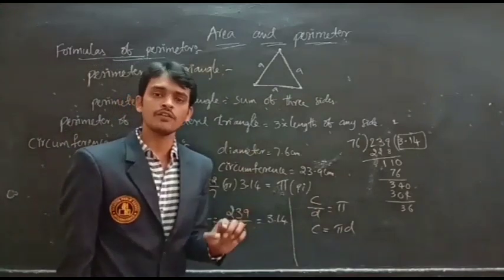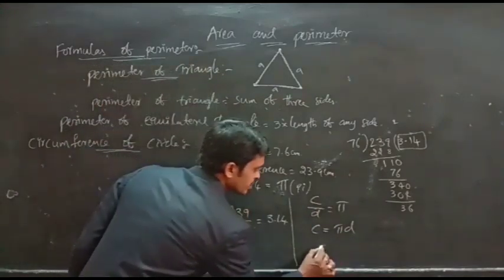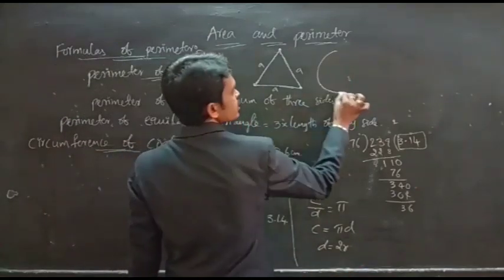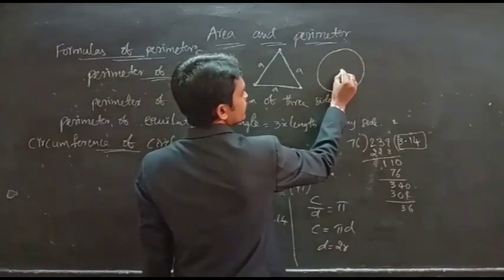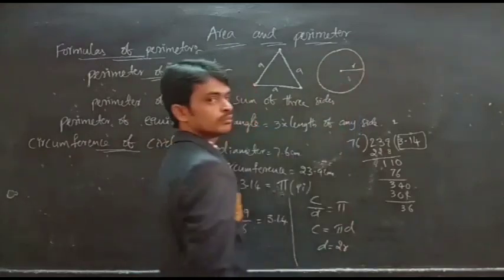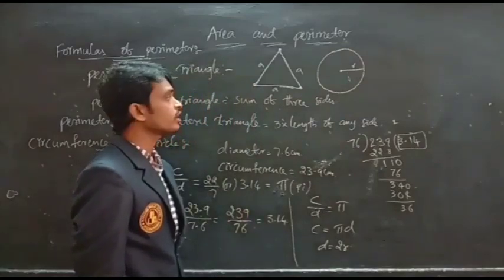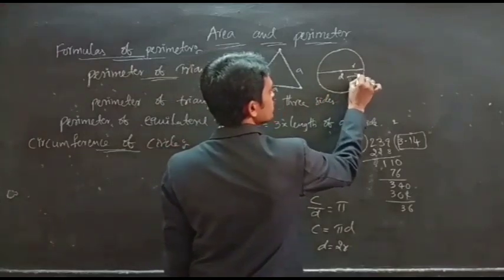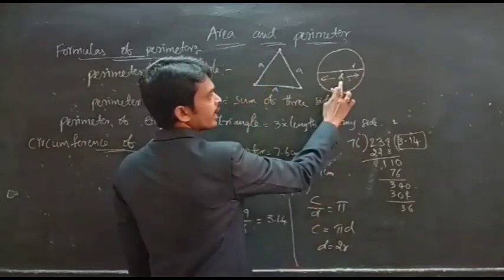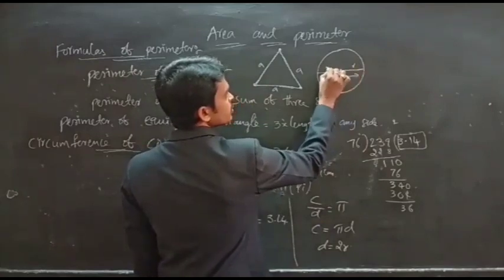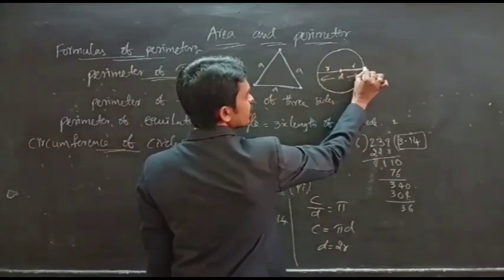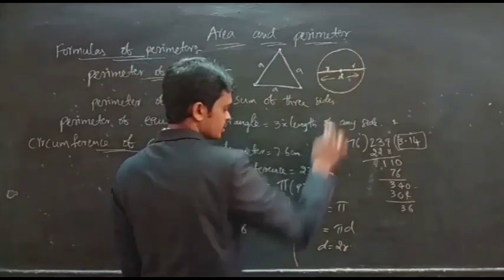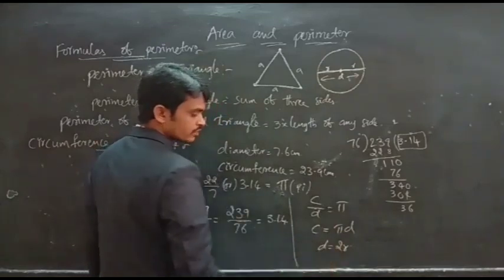But we have a property of a circle, diameter is twice the radius. In a circle, so this is a circle. The fixed length is called the radius. But what is the diameter? A chord passing through the center of the circle is called a diameter. This total distance is called a diameter. Then the diameter consists of 2 radii. See, here to here radius 1, here to here radius 2. Then the diameter is twice the radius.